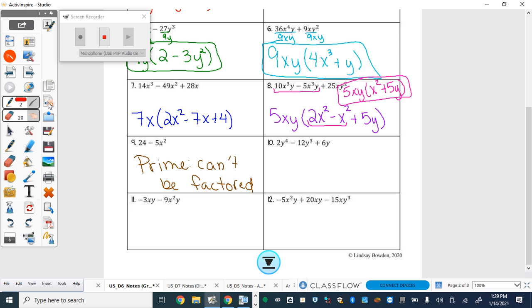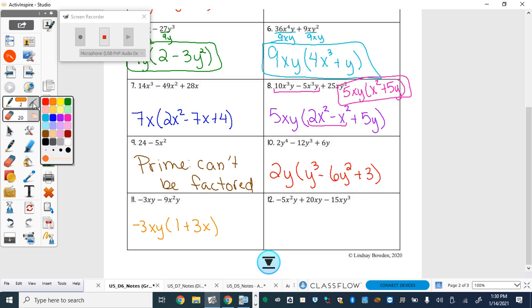10, 2y would be our GCF, so that's y to the third, minus 6y squared, plus 3. This would be negative 3xy. So it's going to be 1 plus 3x. If that first term is negative, your GCF is also going to be negative. So same thing here in number 12. Negative 5x1y1. So remember, you are dividing